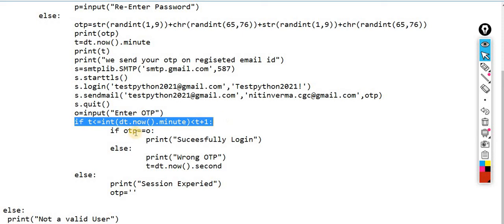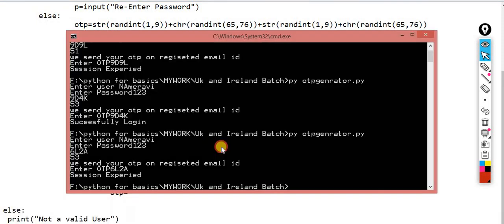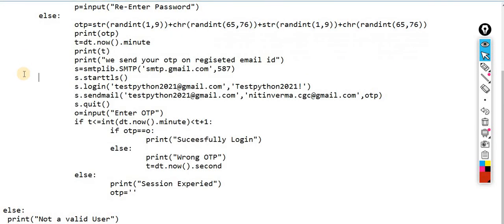If that OTP is equal to the OTP entered by the user, because the user-entered OTP comes into this particular variable, if both are equal, here I am showing it just for reference, but in a real-time scenario it won't be shown over here. It would be inside your email ID only. Whatever scenario you follow in real time. Okay, so I am closing this session.